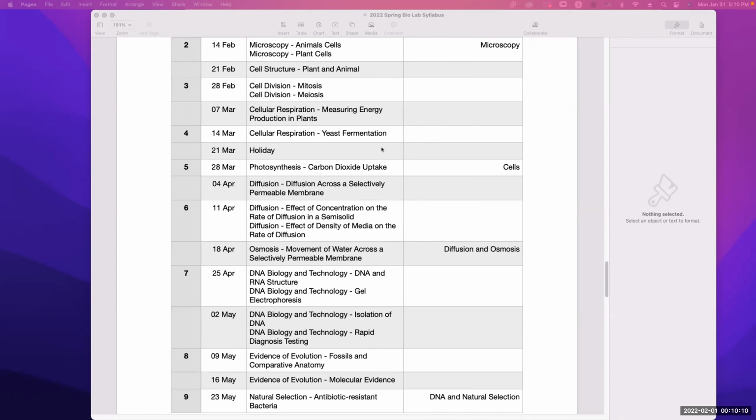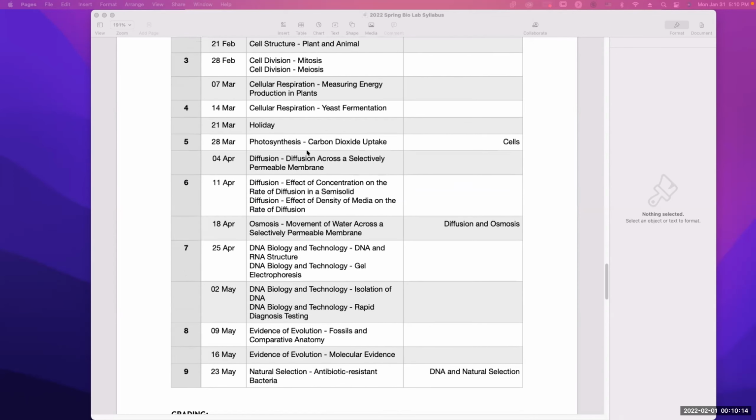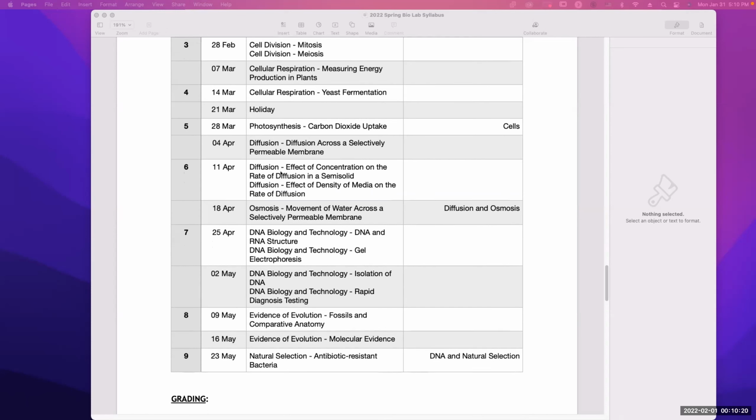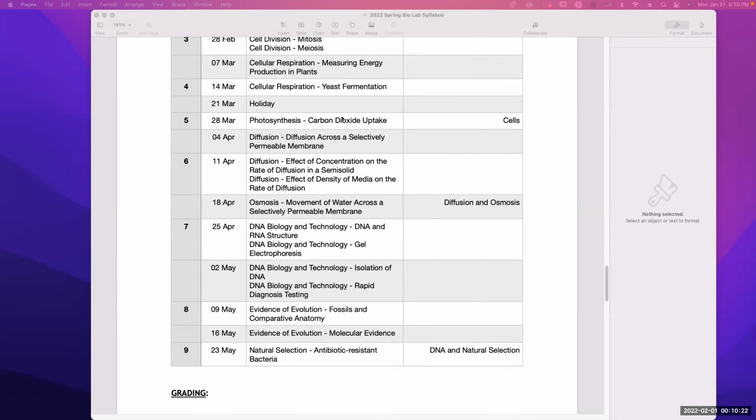Then cell respiration, yeast formation. Then the next week, that's spring holiday. Then after that, there's photosynthesis, carbon dioxide uptake. And then there is an exam on cells. Then April 4th is photosynthesis, carbon dioxide uptake, diffusion, cross-selective permeable barrier, diffusion, and there's two on the next week,